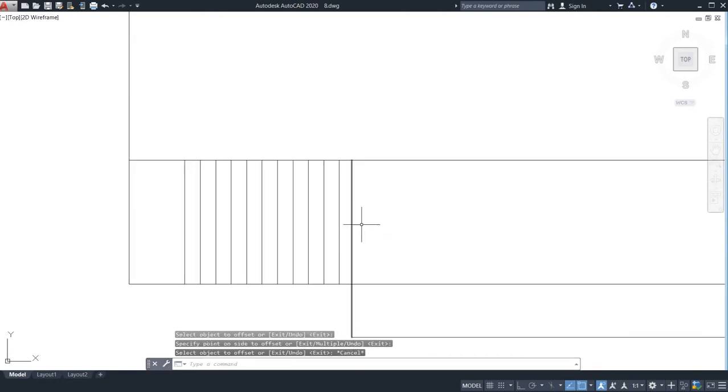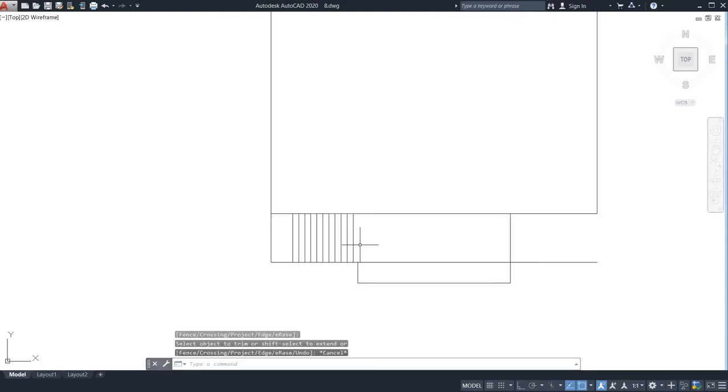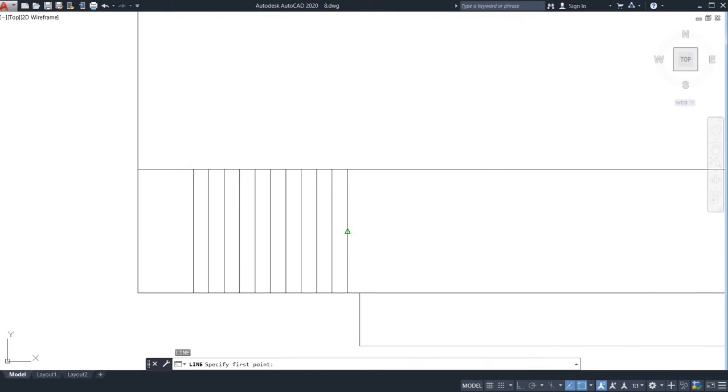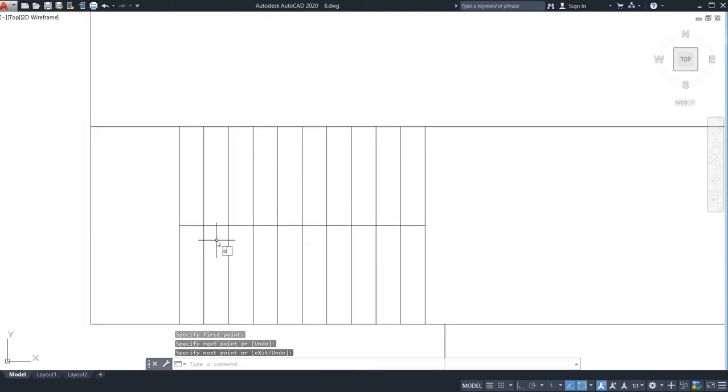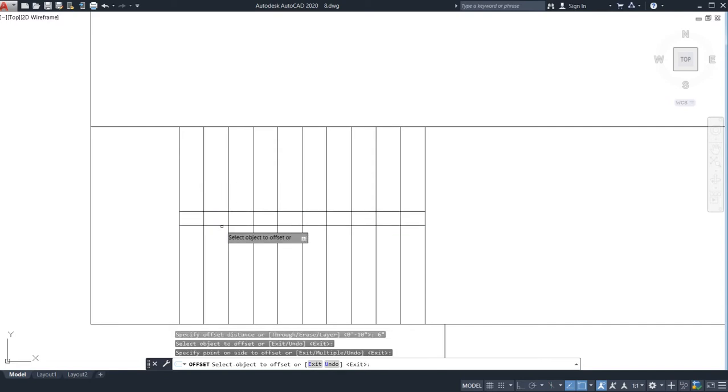So you can see this. So this would be, if trimmed, then it is very easy for you. So you can see I have got it, right? So now go for the line command, and in the middle just go and click it, this middle to that middle, right? So my one step tread width is 3 feet. So I have taken this whole landing width as 7 feet. So I need to go for 6 inches from both, here to here.